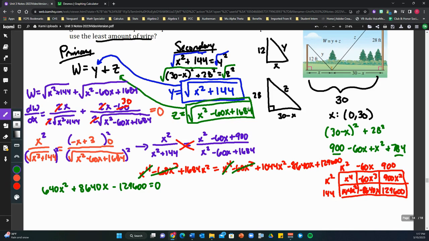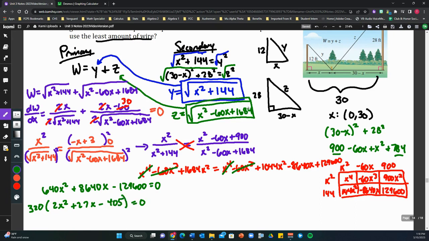Now, looking at all of that, we can definitely take out a factor of 10 because all of them end in a 0. They're all even, and if you keep digging, trying to find more and more factors, you'll realize that 320 actually divides into all of these. So that's what we're going to take out. And when I do that, I'm left with a pretty simple quadratic function after that. Well, not super simple, but definitely better than what it was. So we get 2x squared plus 27x minus